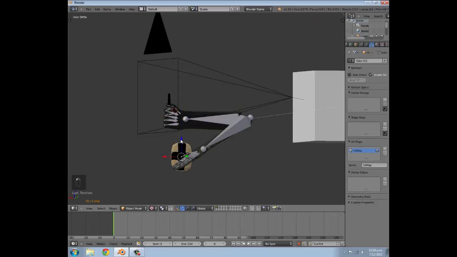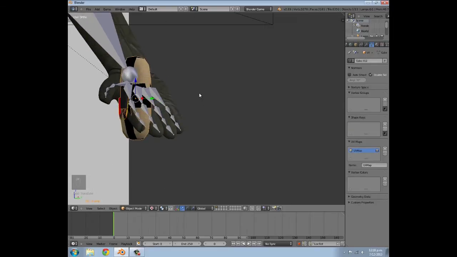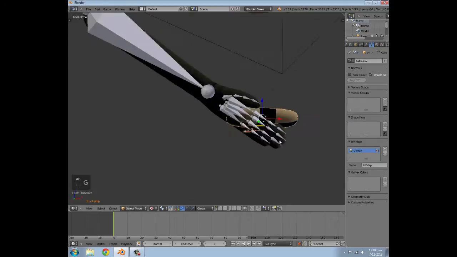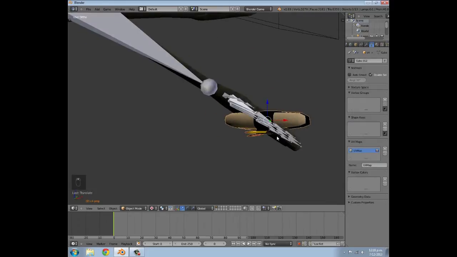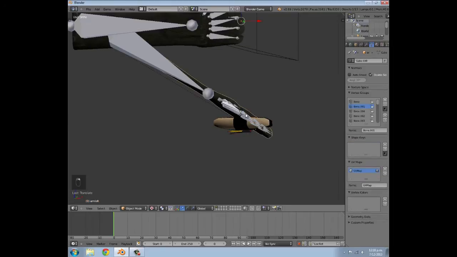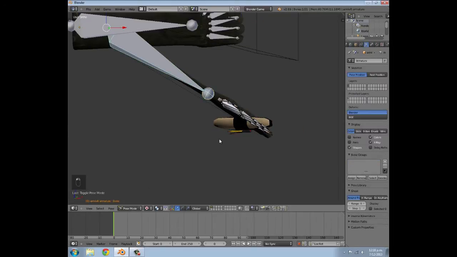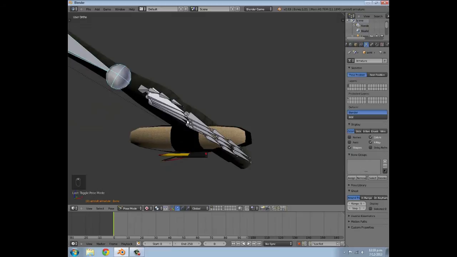Then move that down a bit and press RY90 and then RX90, and we sort of want it in a nice position, so maybe if we move it down somewhere like this,